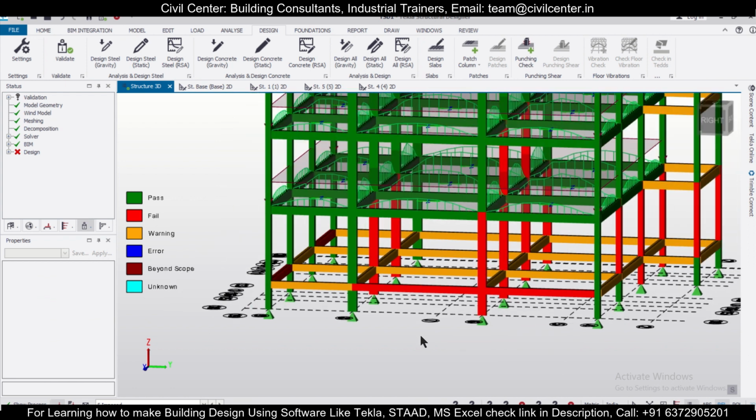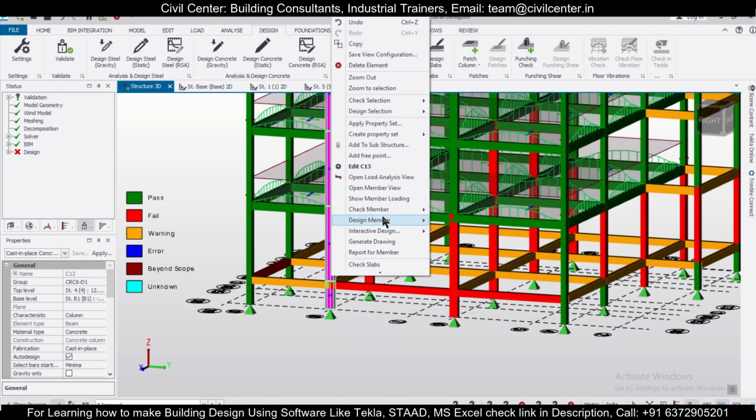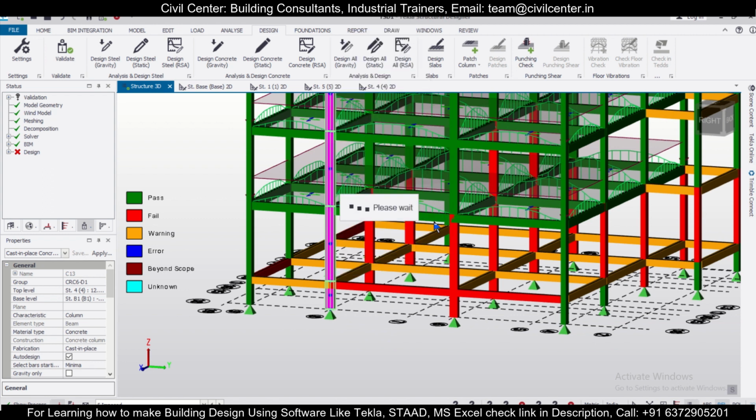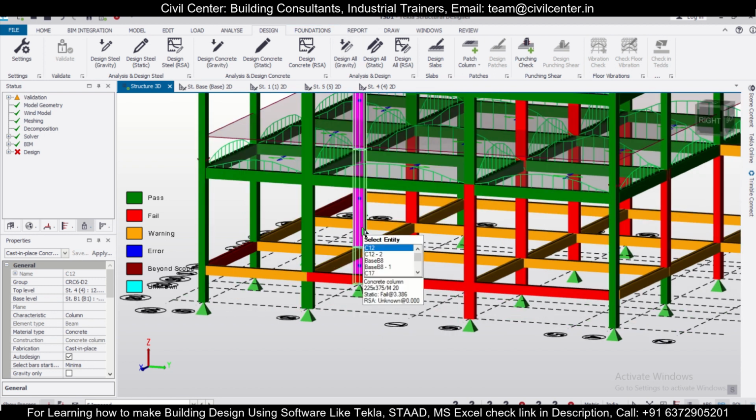Okay, still we have two beams which, let's see, this is passing one comfortably. Design member static, 6 bars of 16 mm, so we're okay with that. This column is failing, and a lot of load is coming in this column, so that's why.